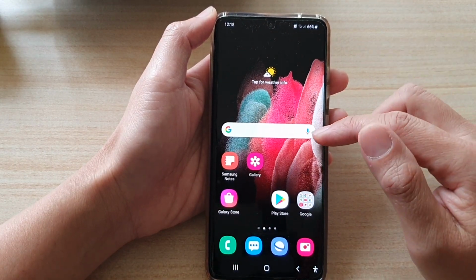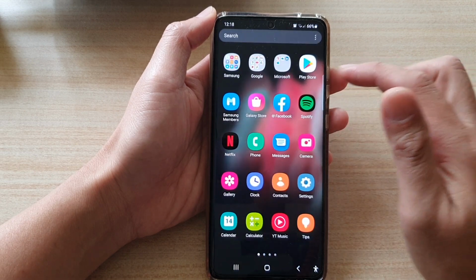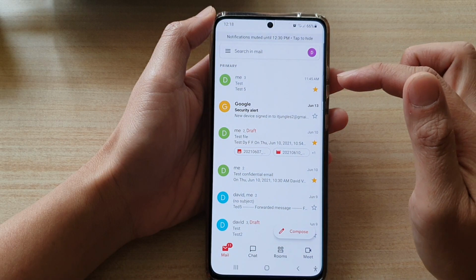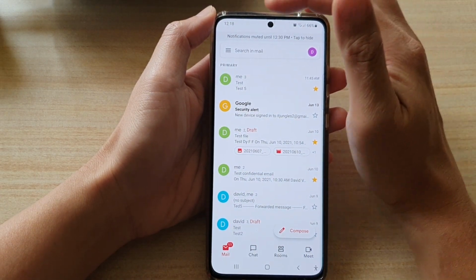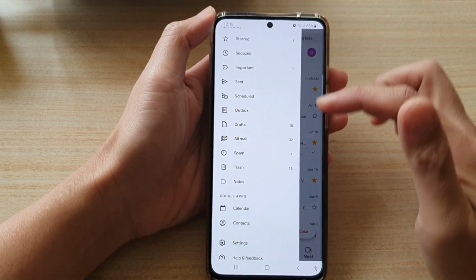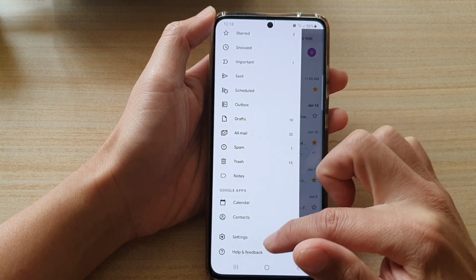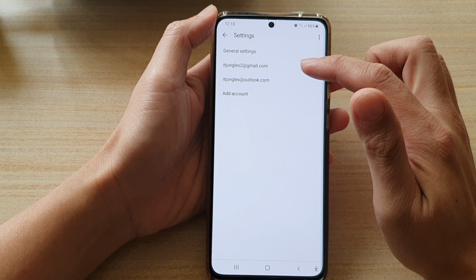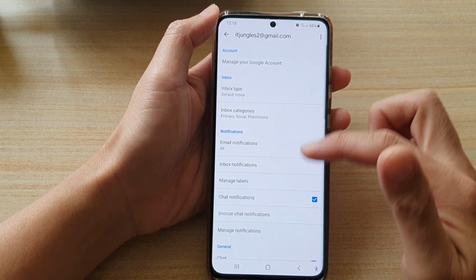Then on the home screen, or in the app screen, tap on the Google folder, and then tap on Gmail. Next, tap on the menu key, and from the pop-up menu, tap on Settings. In Settings, tap on the Gmail account that you are using, and then go down,